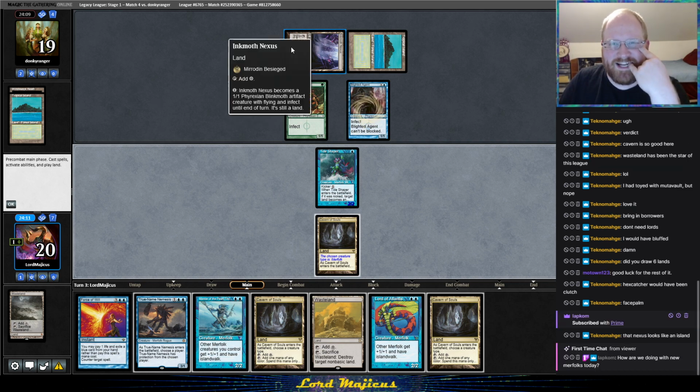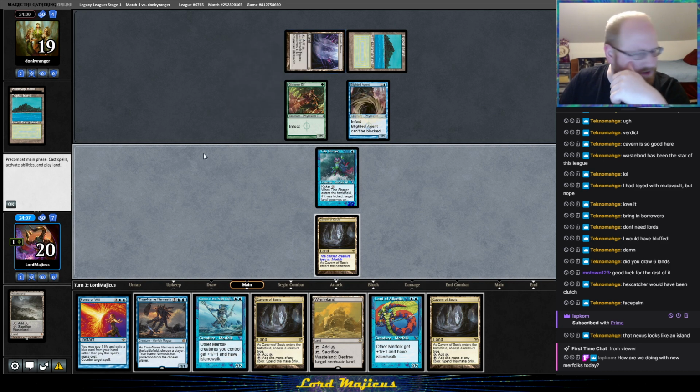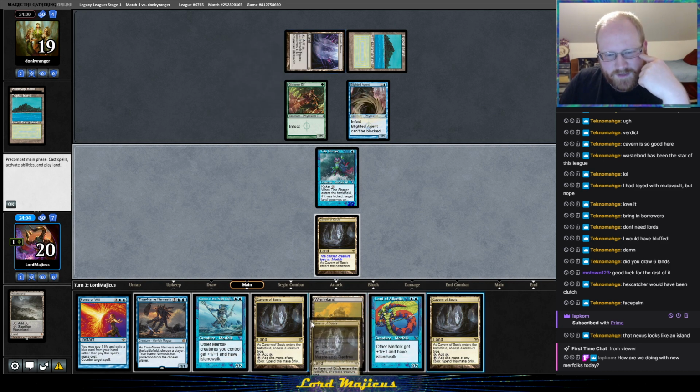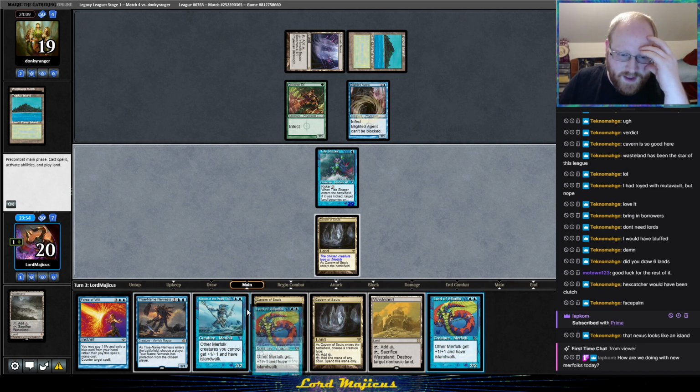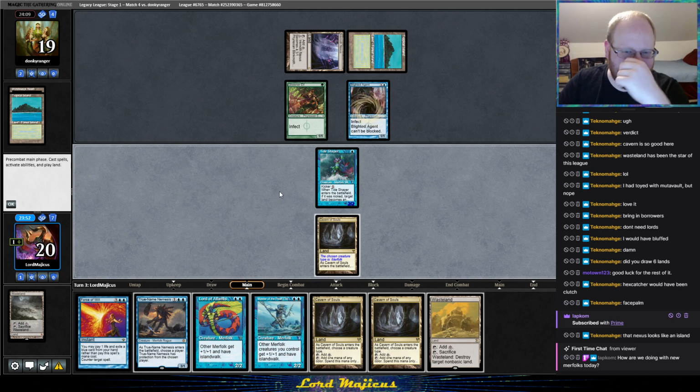No, Nexus is not an Island, but this Tropical Island is. How are we doing with new Merfolk? Well, we won our first 2 matches, and then we got scammed. All right, we'll go with that. We just got robbed by Reanimator. It's really tough. All right, but now we're gonna have this really difficult match here where they have 4 cards in hand,